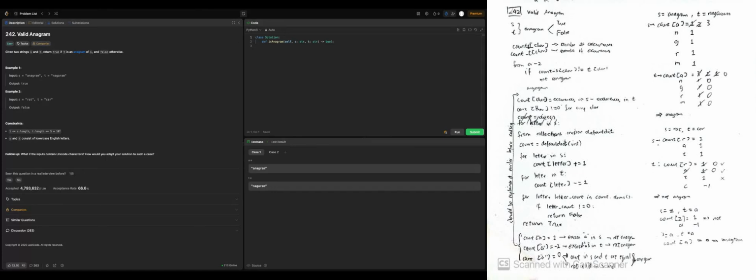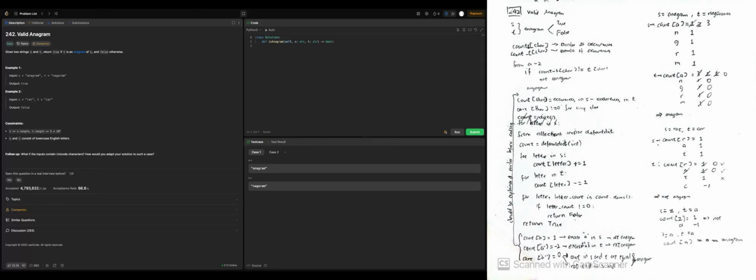So let's say the count of A is 1, then there is an excess of the letter A in S. However, if the count of A is -2, let's say,